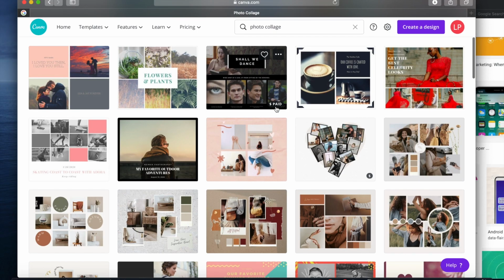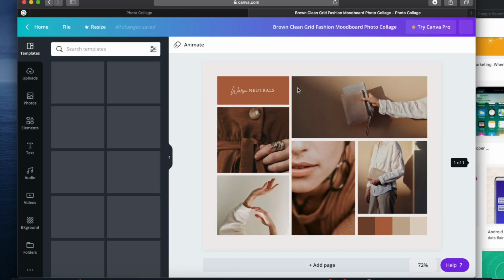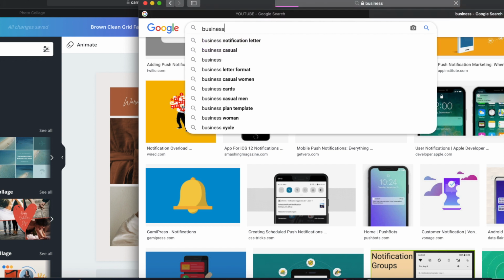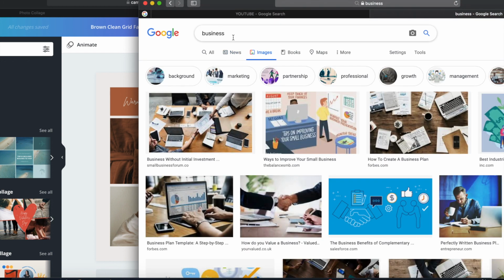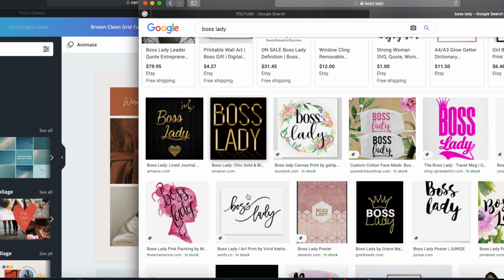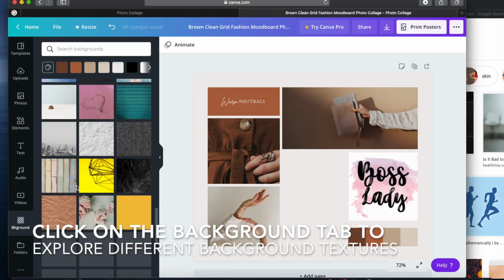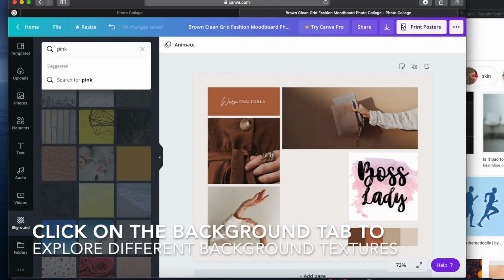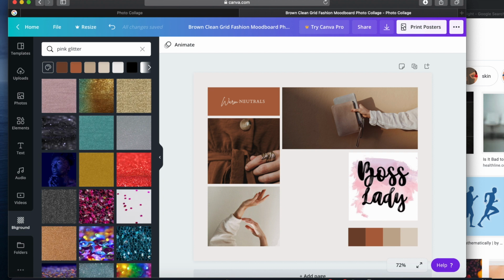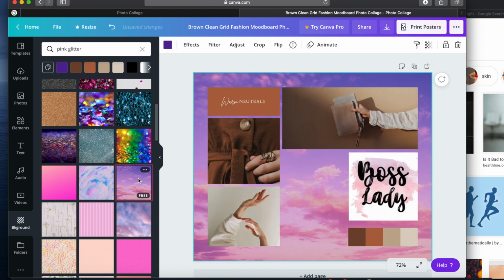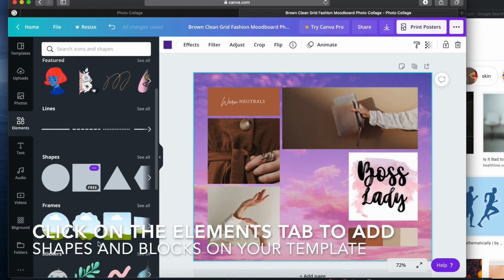My next vision board is going to be all about aesthetics, so I picked this one because I really love it and I think it's cute. So I'm just going to go ahead and play around with it, see where it takes me, but this one is really about my hobbies and self-care and spirituality and other things that I want to get into, like starting my own business and graduating college with my 3rd degree. So hopefully I can do that this year by being the boss lady that I am, but we will see,